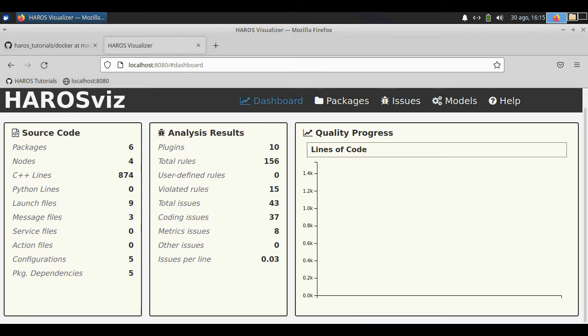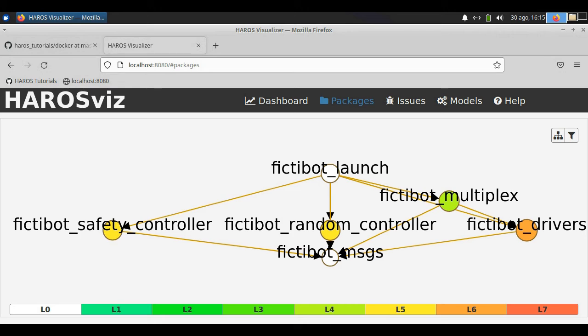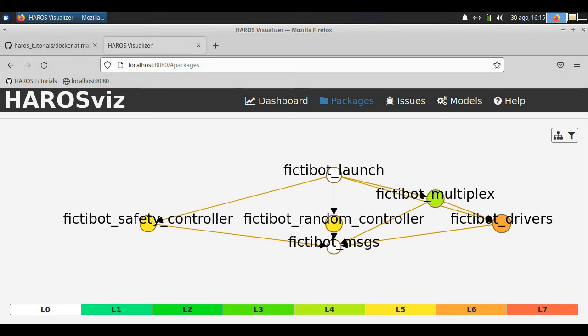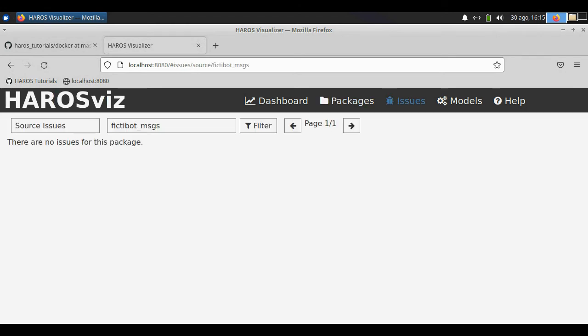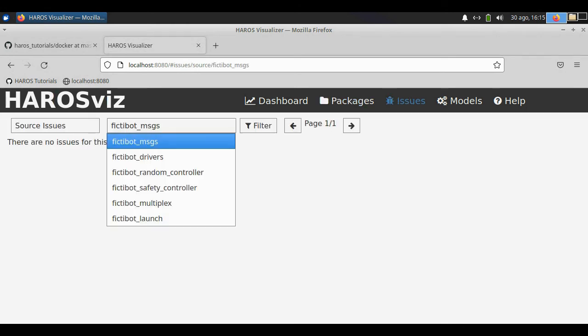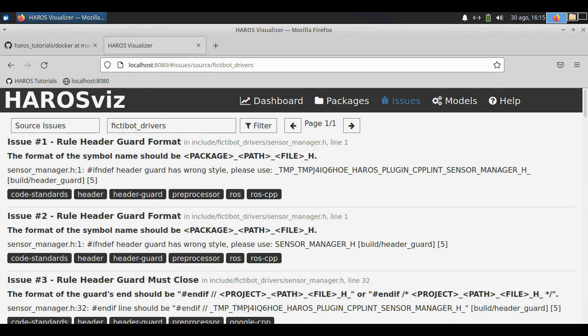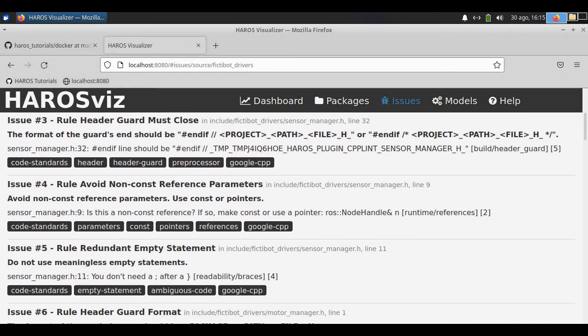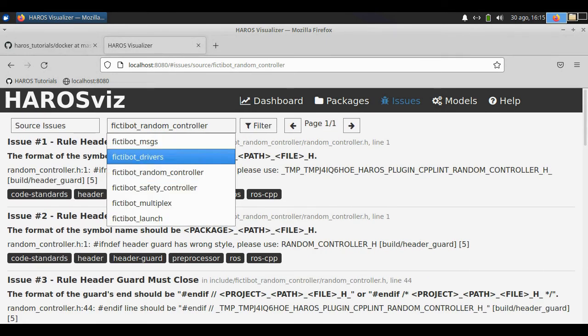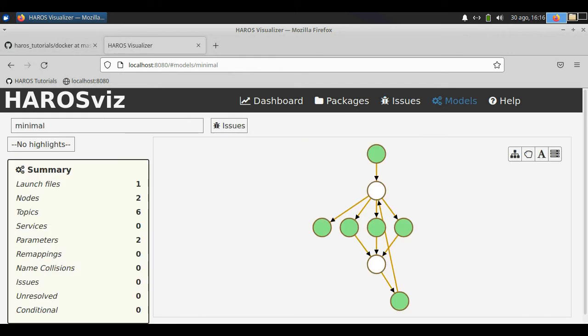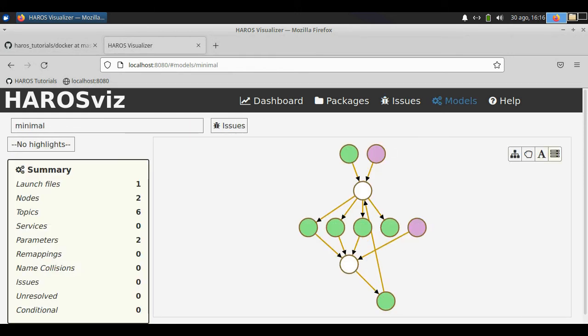It's got here a package dependency graph, a number of metrics, a number of reported issues within the code that we should be getting to in the following exercises of this tutorial, or at least part of them, not all of these issues. And we've got here also a tab showing some models of the code, in this case computation graphs. Feel free to explore them, but we will be getting more into detail in the respective exercises.